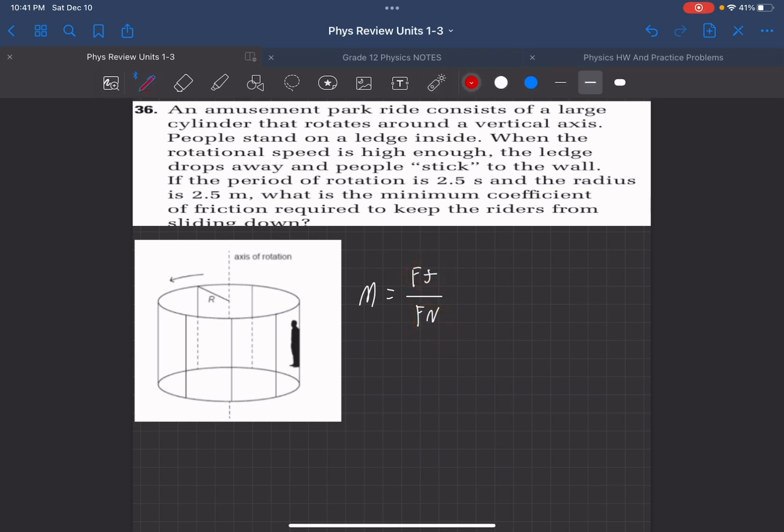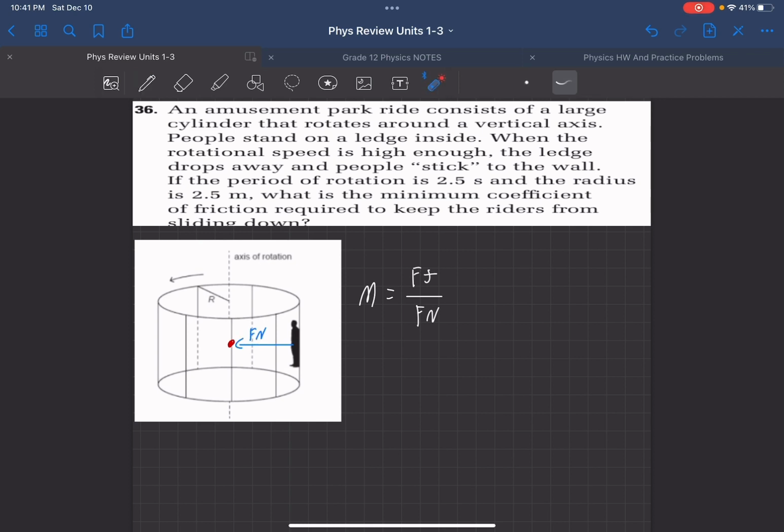Well, let's redefine centripetal force again. So what is centripetal force? It is the center-seeking force, the force that seeks the center. So say this is the center. What is the force that is seeking the center? Maybe you've seen it, maybe you didn't. It is the normal force,